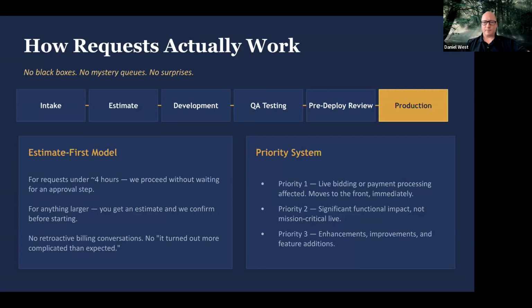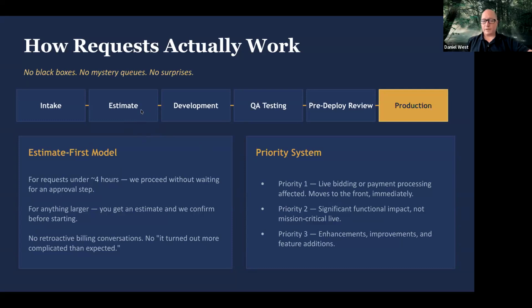So you're going to tell us something like, I have this particular challenge that I'm trying to deal with. You don't even have to tell us exactly how you want to solve it. You just tell us what the challenge is. We'll listen and propose a solution. That's the intake process. When we propose the solution, assuming that we agree that's the right way forward,